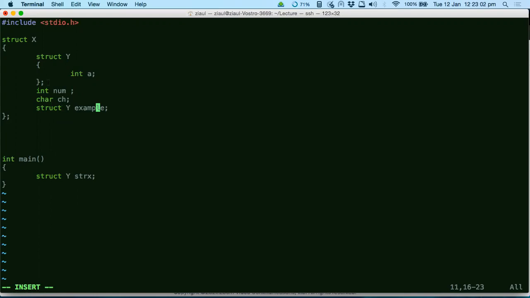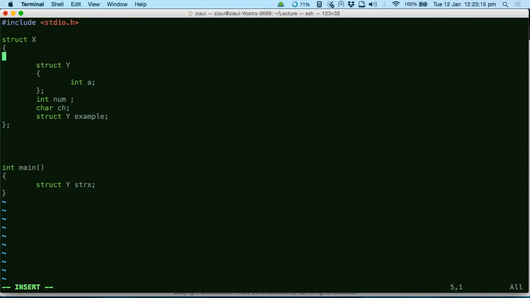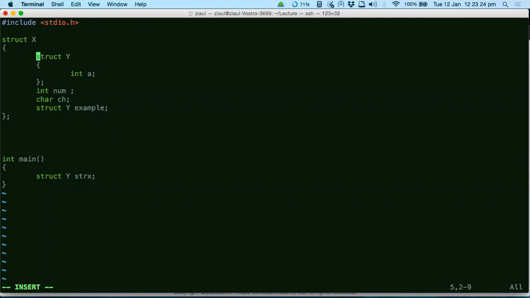So can we declare a variable in the definition itself, like the struct capital Y space the variable? Here, you mean? No, in the second line, like struct Y. Okay, here. Struct capital Y. You want to do this. So the next line, struct capital Y is there, right? So there itself in the same line.